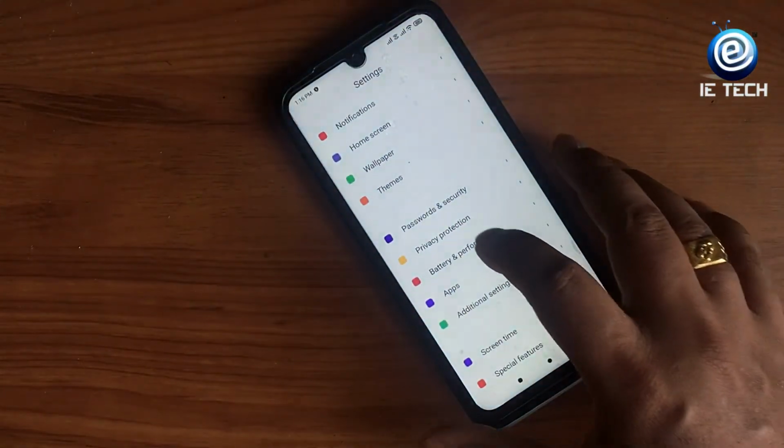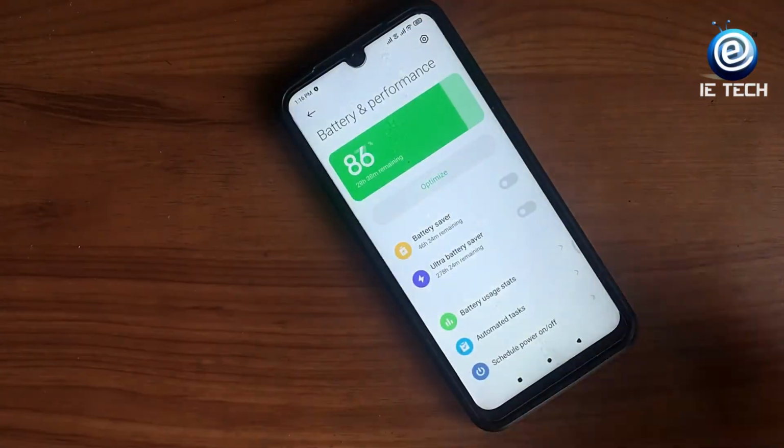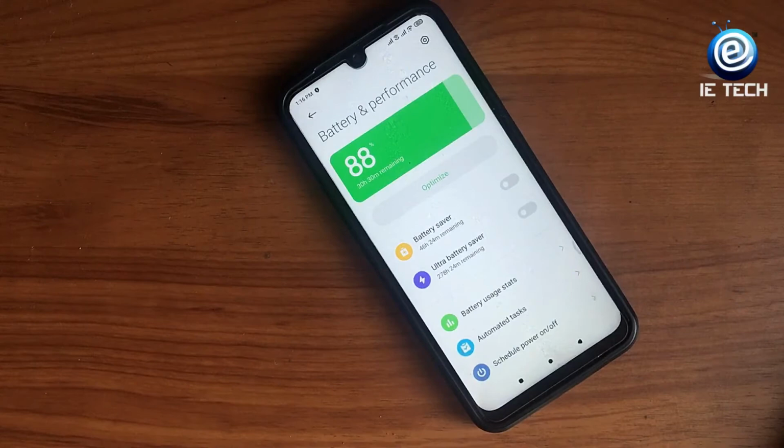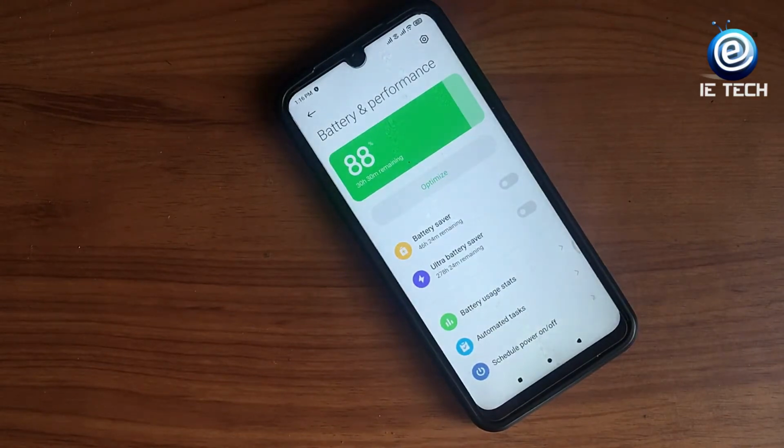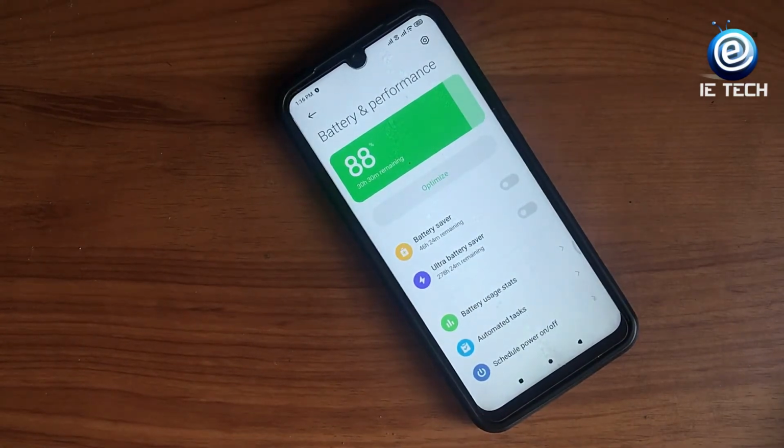Now getting on to the battery and performance. Actually, I prefer this ROM, it is more optimized in battery, and generally after 2-3 hours of usage, I am still getting 88%. So you can just think of it, the same thing. I tested it on the China ROM. It was consuming more of the battery, and I think that's because the AI engine, the Xiaomi AI which